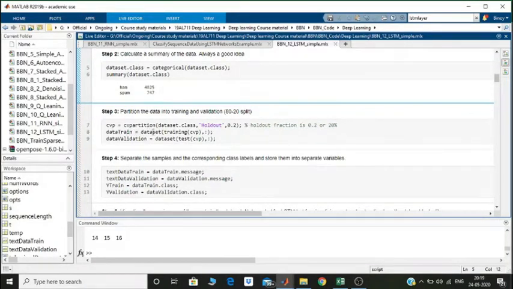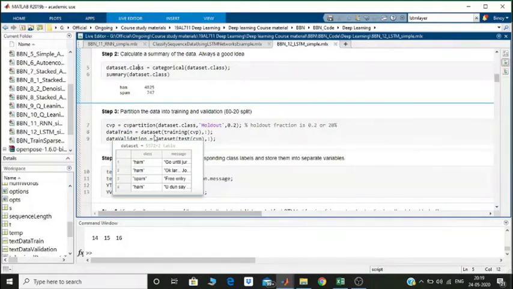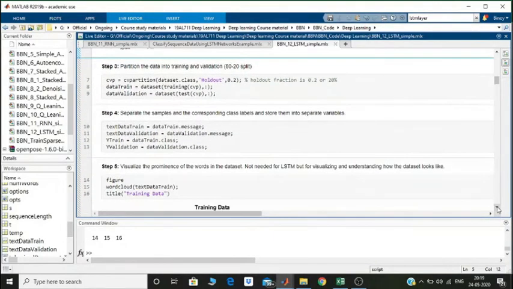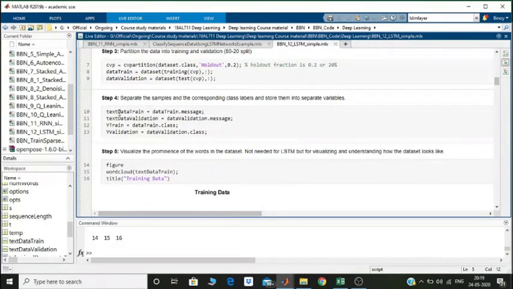That is what is happening here. So data train is the dataset training partition, and data validation is the dataset test partition. So the data gets split into training and testing. After the splitting, we are going to simply store them in different variables, because it can get a little intimidating if you are using dot indexing. So just to make it easier to understand, I am taking the message column of the training data partition and moving it into a variable called text data train.